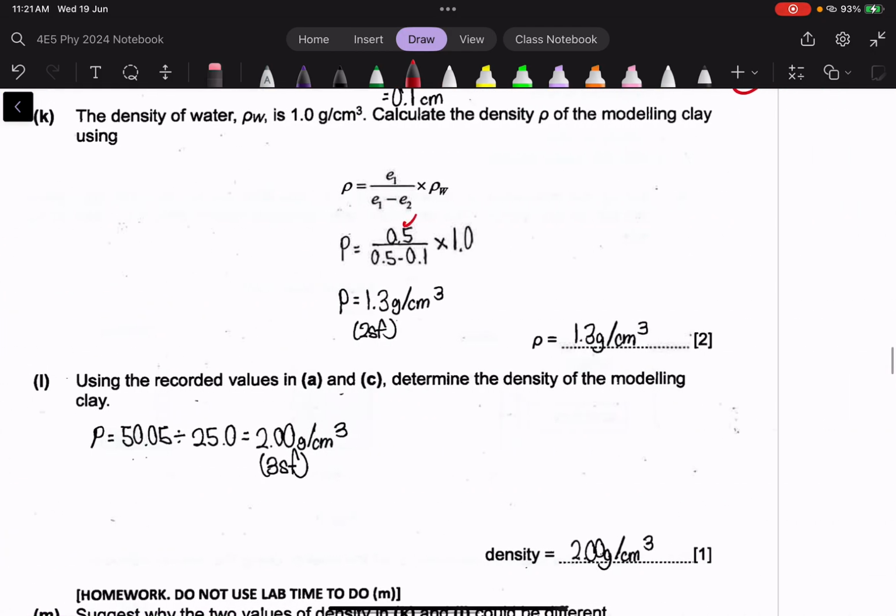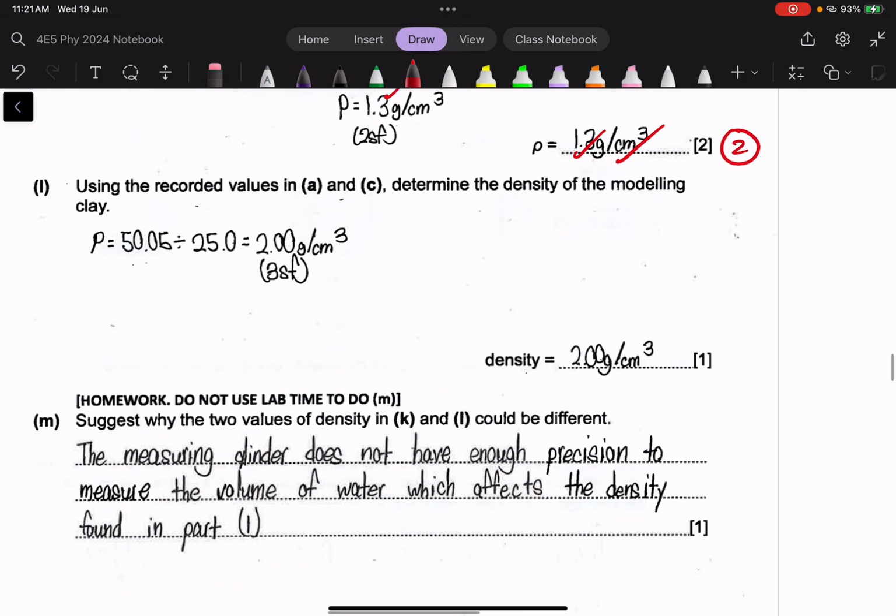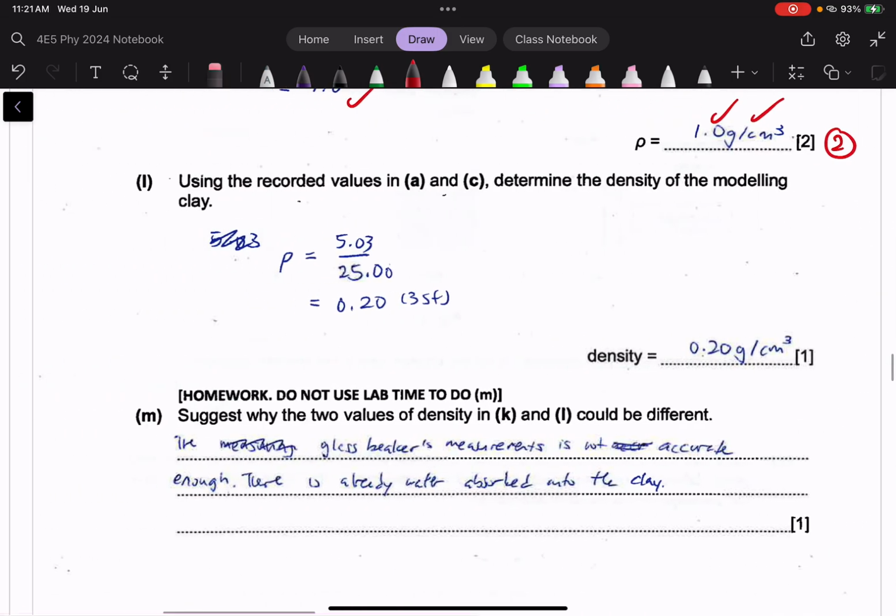Okay, then 2. Okay. Then after that, you take, okay, unfortunately, this one is correct. So this one is correct, 3SF, 3SF, correct, 1. Right, this one is,